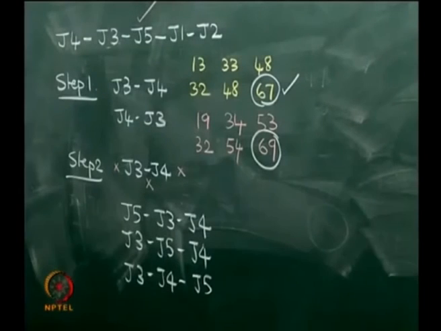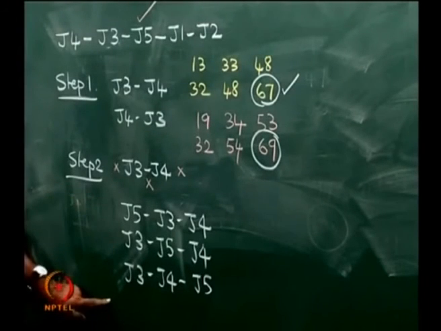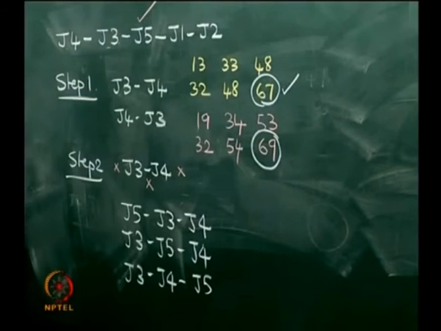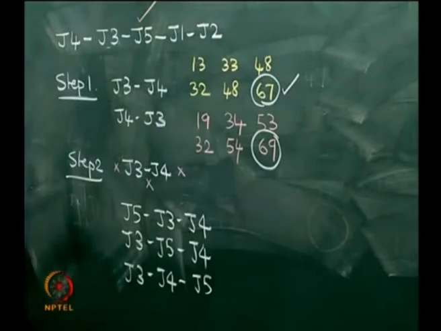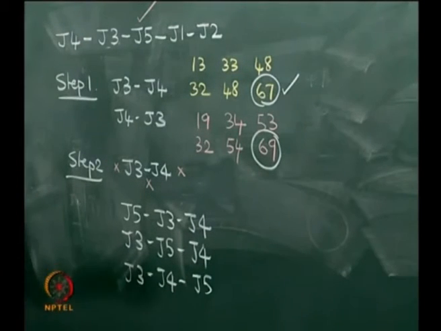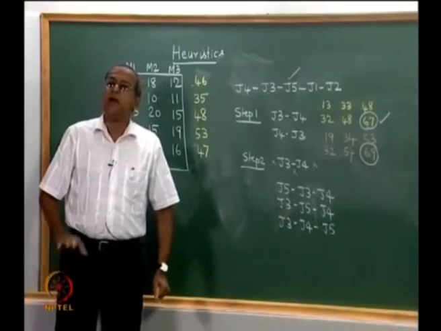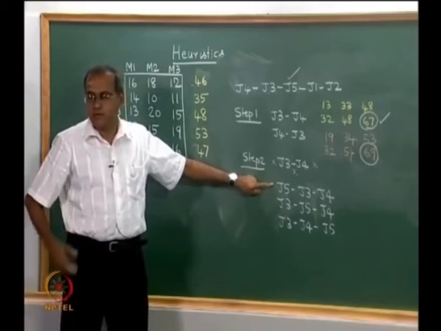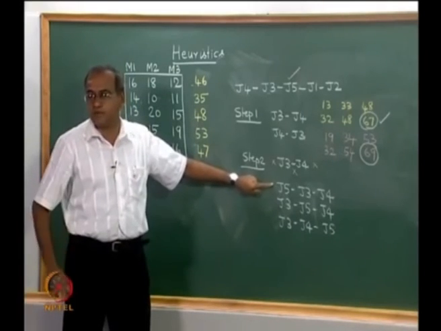Now find out the make span for all these 3 partial sequences like we did here and choose the best. So one of them will be the best. At the moment we are not going to show the computation, but one of them will be the best. If for some reason let us say that this is the best for the purpose of argument after the computation,